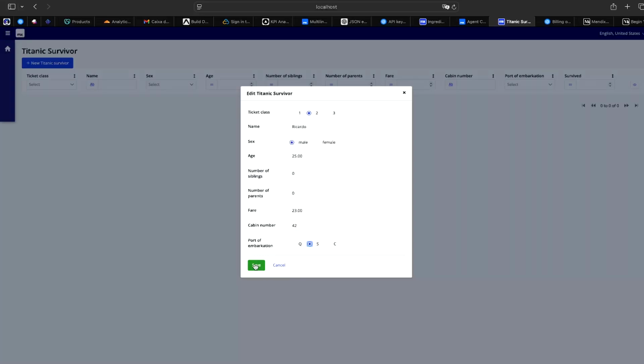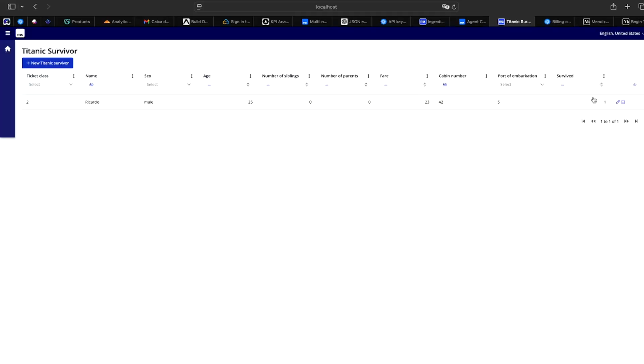So click save, and if everything went well, we are going to see on this last column if this person survived or not. As you can see, it's a 1, so that means it survived. You can create multiple entries, so you can test if the machine learning module is working correctly, but for now,